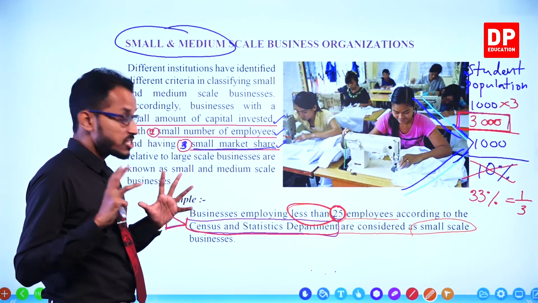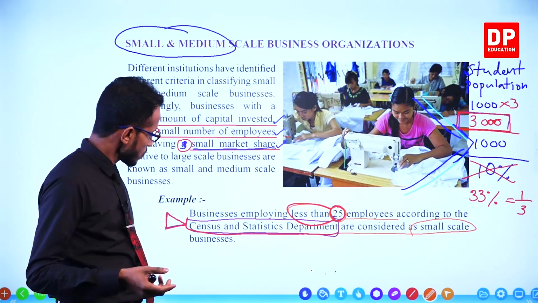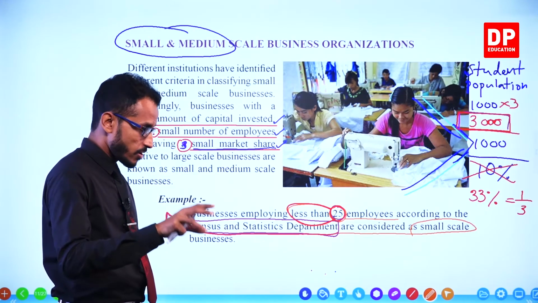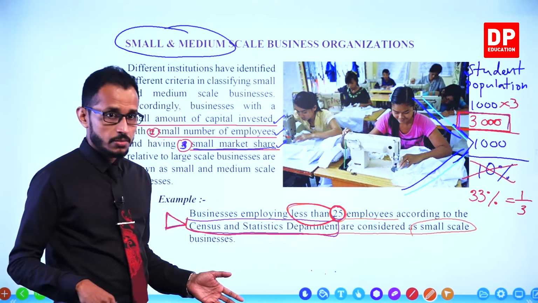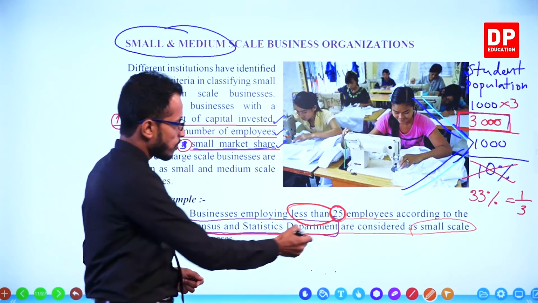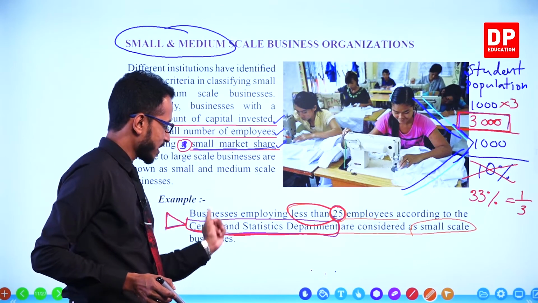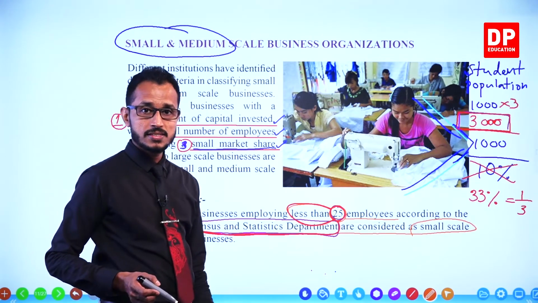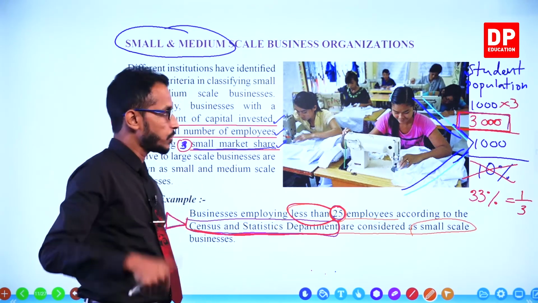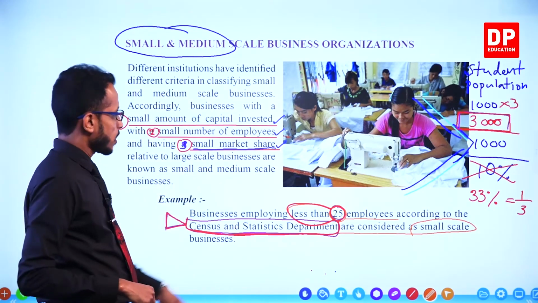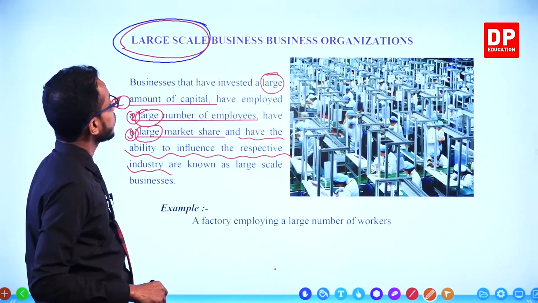What is the government institution which has imposed this limit, saying that employing 25 or less employees, a business should be considered as a small scale business? Which government institution has imposed this limit? The government institution is Census and Statistics Department. Good. So, small scale, small and medium, large scale,